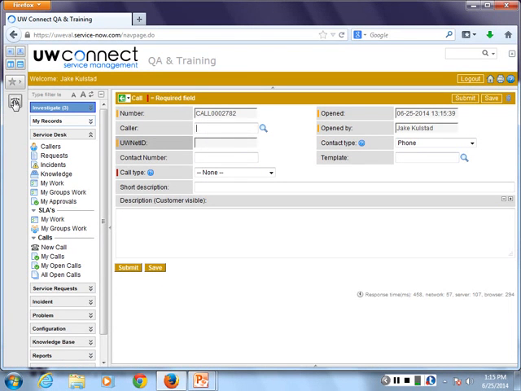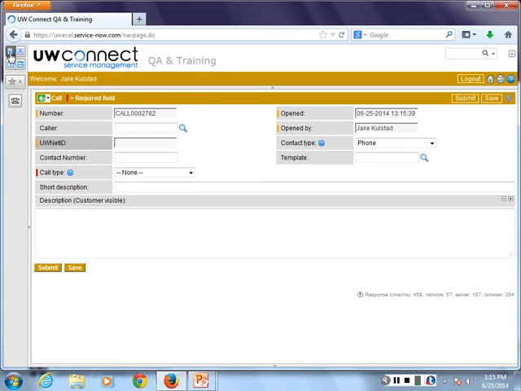Throughout this presentation, I'm going to be truncating or collapsing my application navigator. I'll ask that you keep yours open, and I think it'll help. You can see a lot on your screen, but you might see that I have a lack of real estate up here. So I'll be collapsing my application navigator, but you can keep yours open. All right, here we have a new call record.